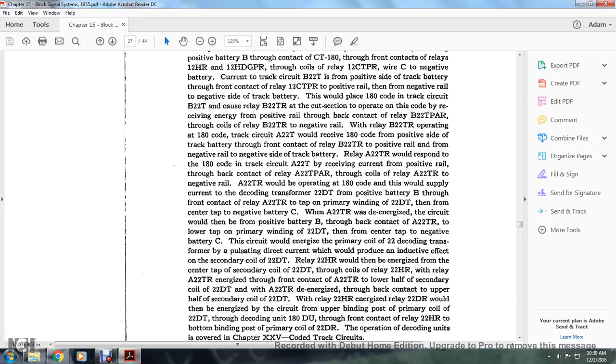The relay 22HR would then be energized from the center tap of the secondary coil of 22DT through the coil of the 22HR relay. With A22TR energized, from the front of the contact A22TR with the lower half of the secondary coil 22DT, and A22TR de-energized, from the back of the contact with the upper secondary half coil 22DT, relay 22HR is energized. Relay 22DR